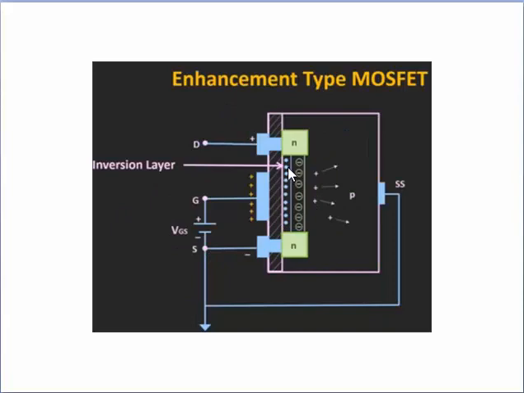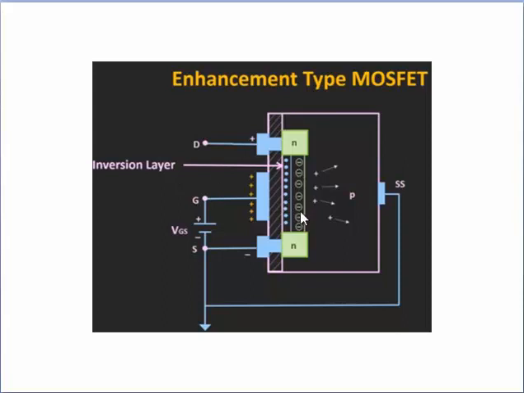that is, the gate terminal is isolated from the channel by this oxide layer. So due to this insulating layer, the electrons will not be able to cross this oxide layer, and they will start accumulating near this oxide layer. So eventually an inversion layer of free electrons will be created near this oxide layer. This layer is called the inversion layer. So this inversion layer will act as a channel between the drain and source terminal.